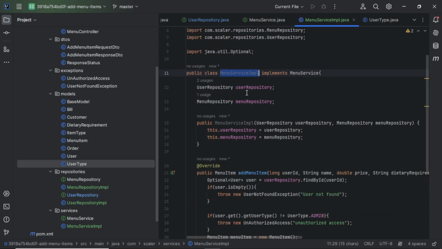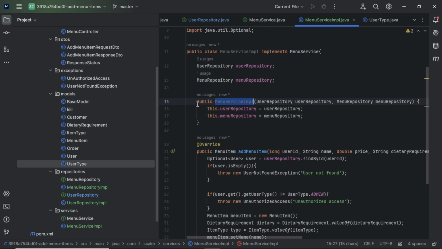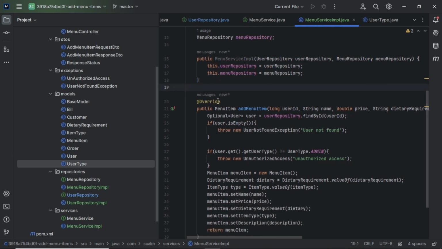So you can see in the menu services, first we created an instance, and here we have created a simple constructor. If you want, you can also use autowire. Here we keep the override and the add menu item. Inside of add menu item, first we are checking whether the user is empty or not.